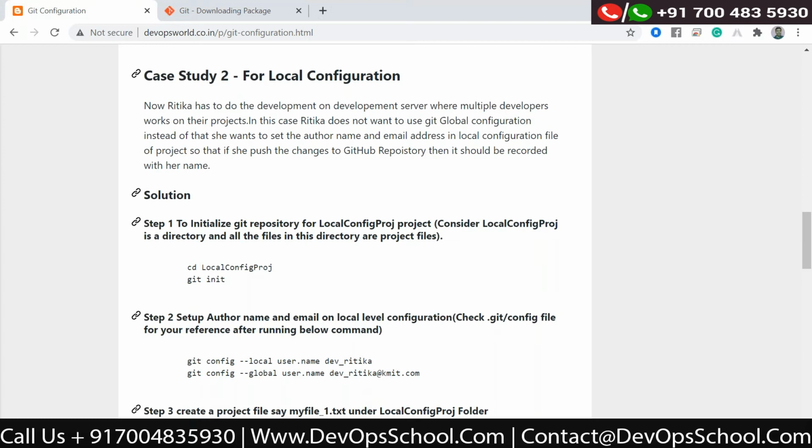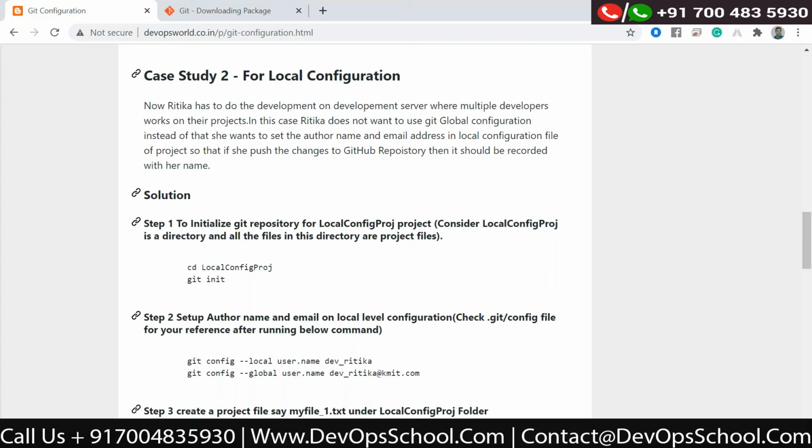For that purpose, where multiple developers work on their projects, in this case Ritika does not want to use the global configuration. Instead, she wants to set the author name and the email address in the local configuration file, right? So this is the use case when a developer wants that,